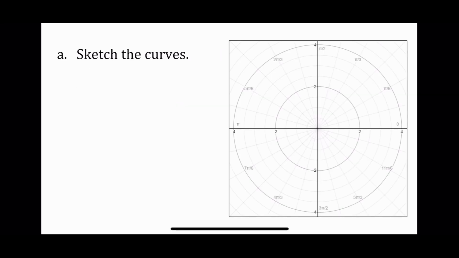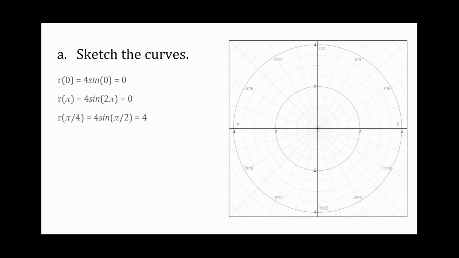So we're going to start by sketching the curves, and for this, we're going to find points like we did initially. So r of 0 equals 4 sine of 0, which is 0. r of pi, which equals 4 sine of 2 pi, because remember it's 4 sine 2 theta, which equals 0. r of pi over 4, so that we can get sine of pi over 2. So we have 4 sine pi over 2 equals 4. And then r of 3 pi over 4, which will give us 4 sine of 3 pi over 2, which is negative 4. And these points are marked out by the red dots on the graph,